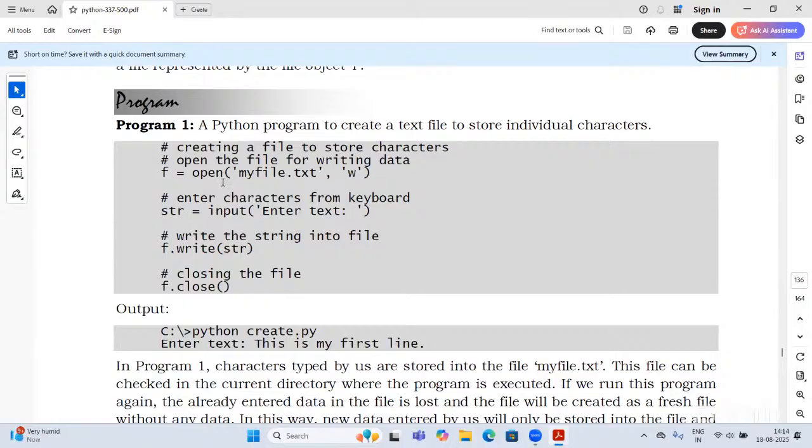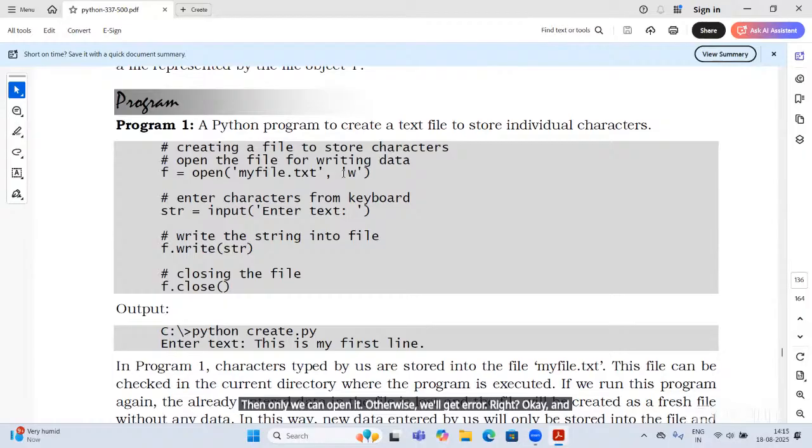Open the file for writing data. Just two or three simple statements. f = open('myfile.txt', 'w'). Before opening a file, this particular file must be created. All of you remember, before performing any operation, that file must be created. What is that file name? myfile.txt, a text file. You can open any other file also, but for our example we have created a text file. That file name is myfile.txt. That file must be created, then only we can open it. Otherwise, we'll get an error.